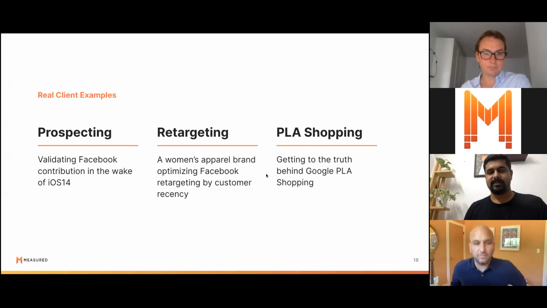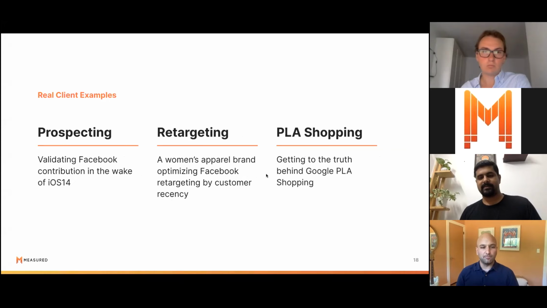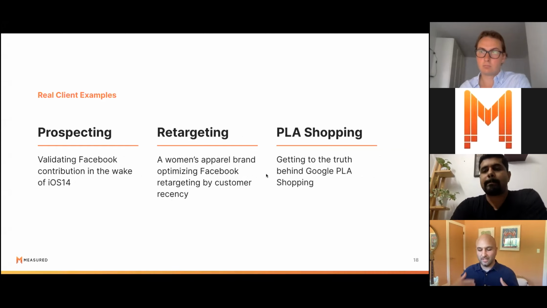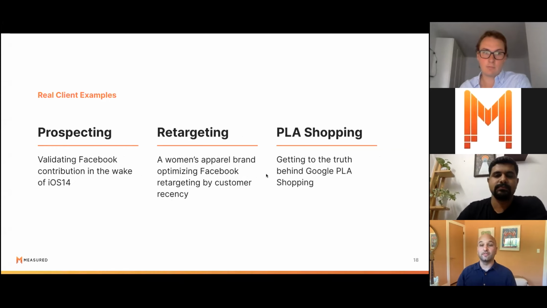Okay. So a few client examples that we wanted to walk you guys through. We're going to talk very baseline prospecting example. We're going to dive a little deeper into a retargeting example and show again how going deeper on experimentation as you build your sophistication as an experimentation brand, or a brand who participates in that test and learn culture, what that can really uncover for you over time. And then we're going to go even deeper. If we have time, we'll try and squeeze in a Google PLA shopping example that we think is really, really cool and really exciting.